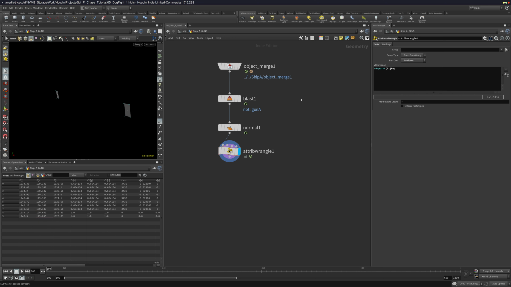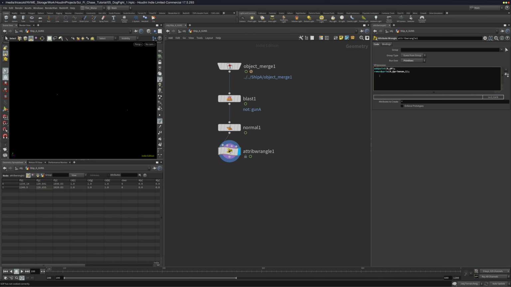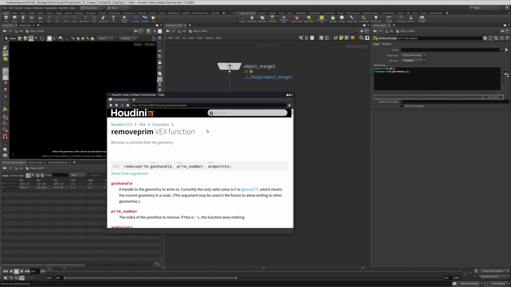It's going to create the points, but I don't want the primitives. I just want the points. So I'm going to remove the primitive: removeprim, add prim num, and also remove 1. For those who are curious about what that means, the 0 is operate on myself based on the prim number, and then 1 is also saying to remove the primitive as well. If I move the mouse on the function and hit F1, Houdini pulls up the help documentation, and here it explains